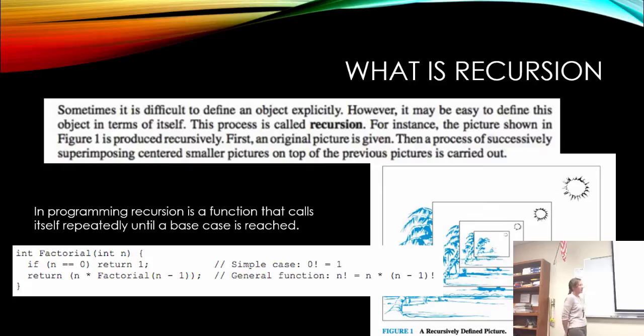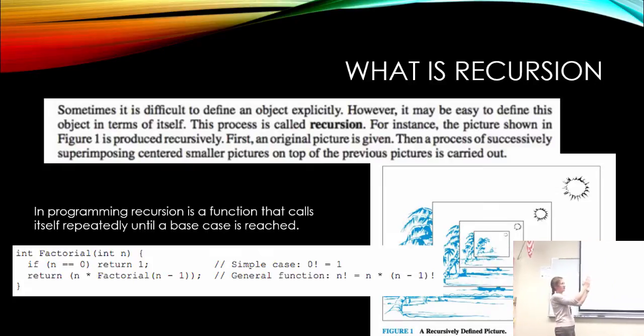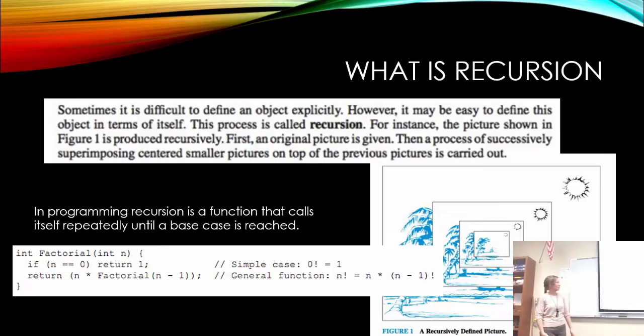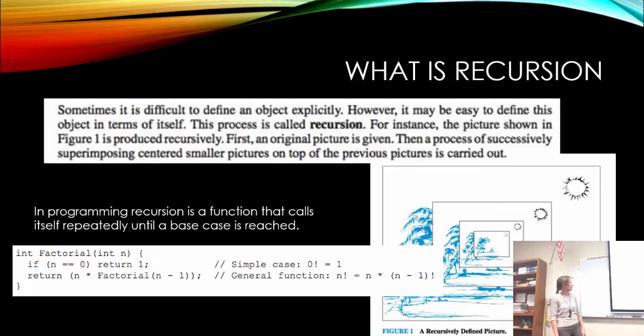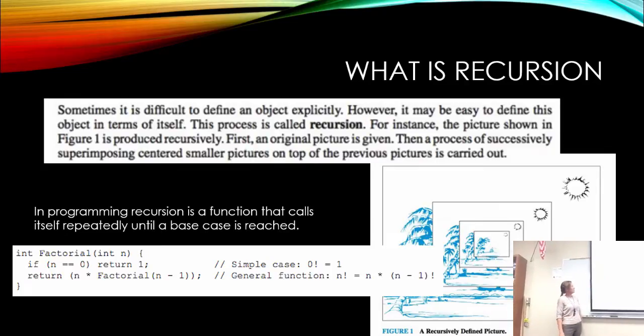And in other books, they'll say, okay, the comparison of having two mirrors face each other. You have a bathroom with two mirrors. Actually, I do at home have a bathroom with two mirrors. And you can see infinitely many mirrors. It goes on for infinity. Okay. That's a visual of what recursion is. In programming, recursion is a function that calls itself repeatedly until a base case is reached.